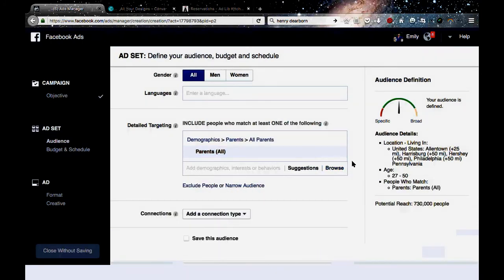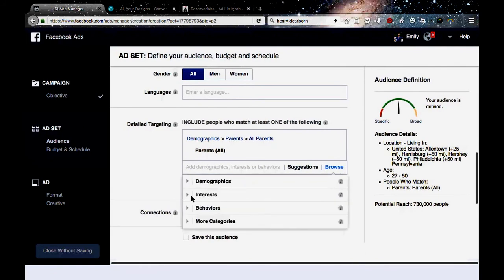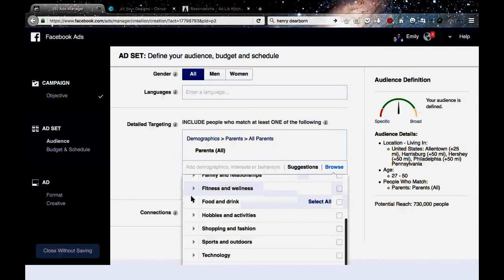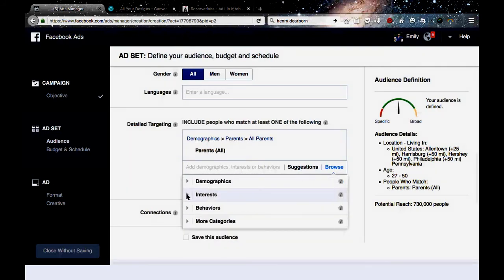So that's kind of where I'm going to be. I may also want to choose some other things. So interests: business and industry, fitness and wellness, food and drink, shopping and sports. Now the thing to consider about interests is it's not a completely comprehensive way or guaranteed way to connect with